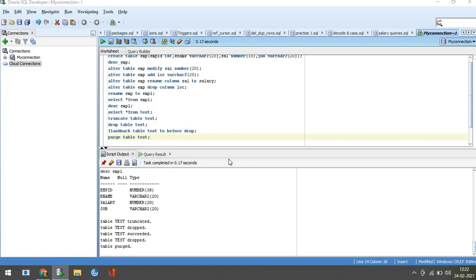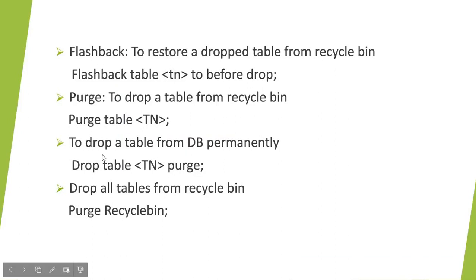Next, to drop a table from the database permanently. If you drop a table from the database, it is stored in the recycle bin. So if you want to delete from the database and also from the recycle bin, permanently, so that it is dropped permanently and not stored in the recycle bin, you need to use the syntax drop table, table name, purge. To drop a table from the database permanently, we use this command: drop table, table name, purge.